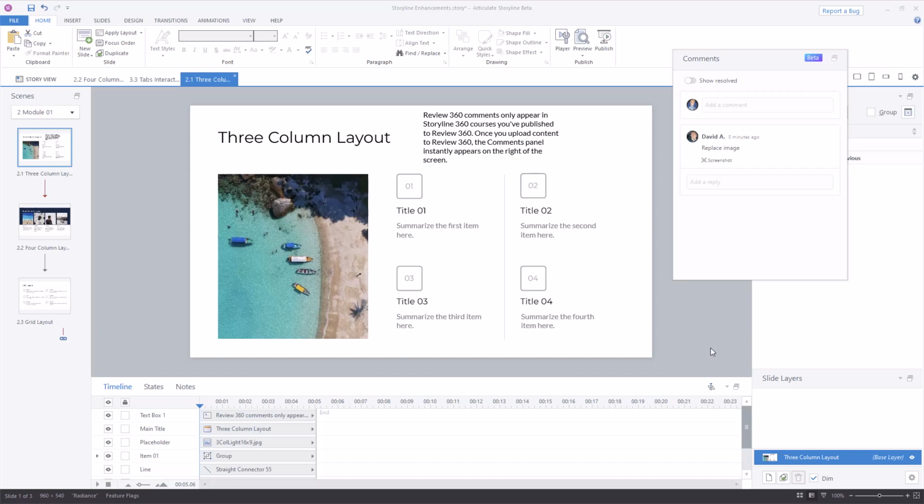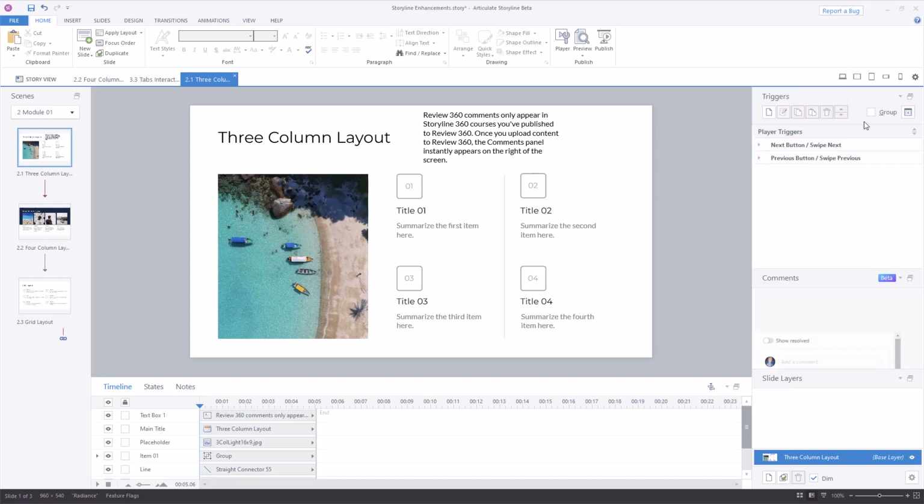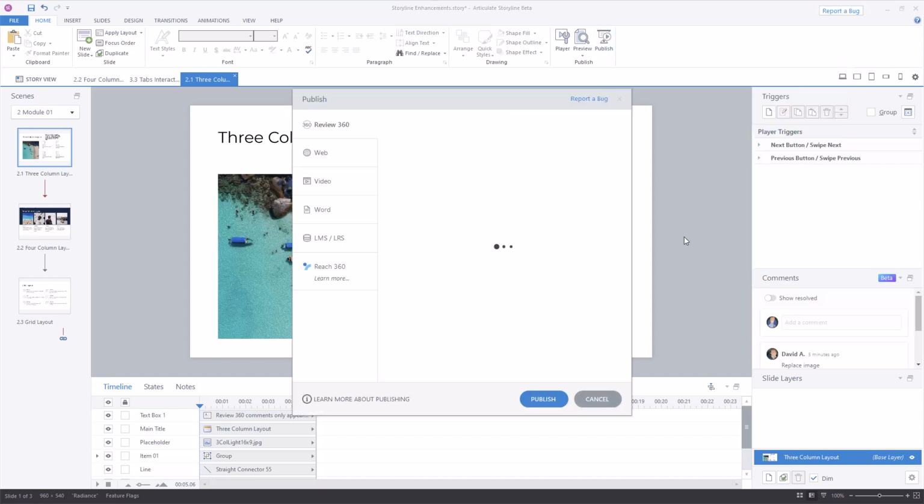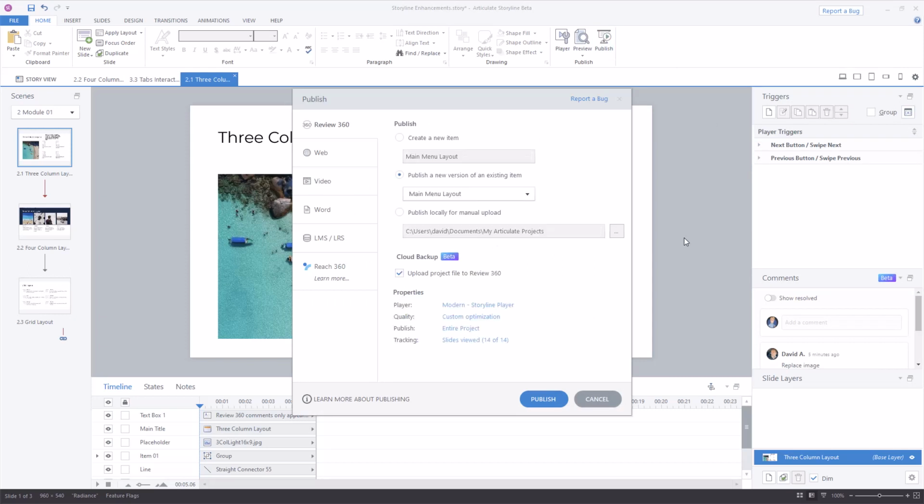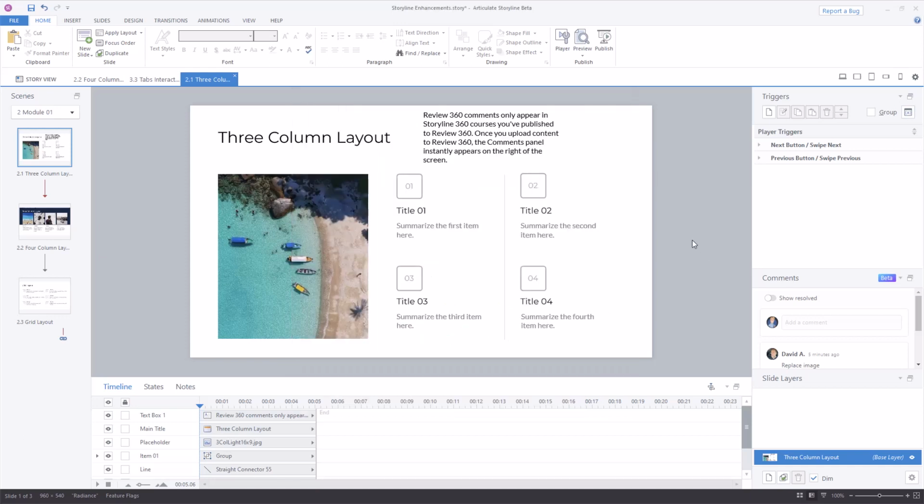All right, so there's the two new updates. Remember, the cloud backup you don't have access to today, but you will have access to that tomorrow. That's dropping. So when you hit publish on your projects, you'll see this new little update here, and be able to give some feedback on that as well. But backing up your files, I think that is just a fantastic way to protect your files, and make sure there's always an available file in case the worst case scenario happens and you lose the file.